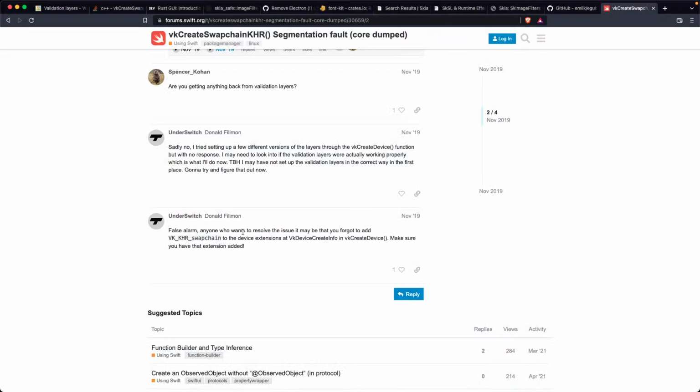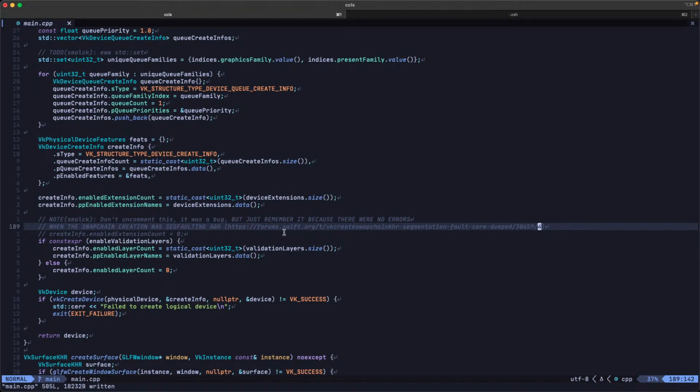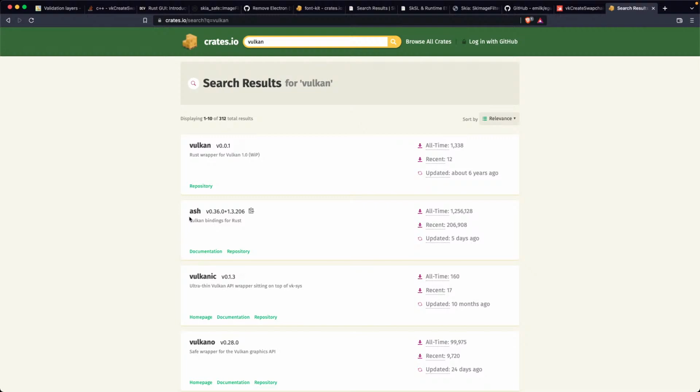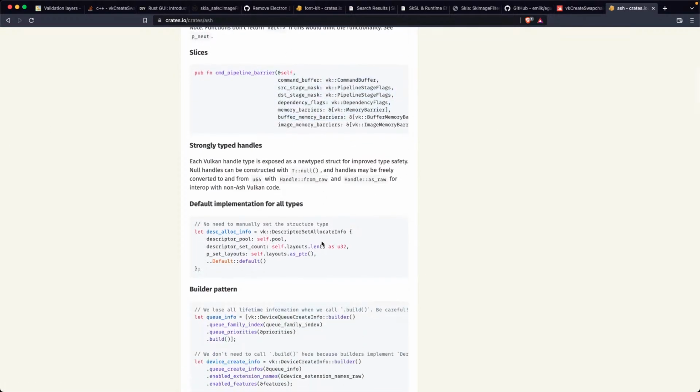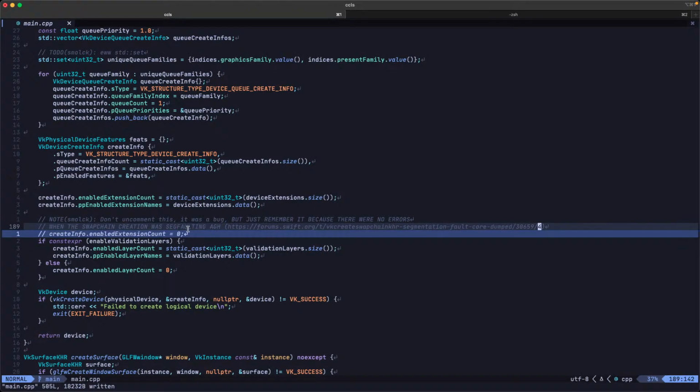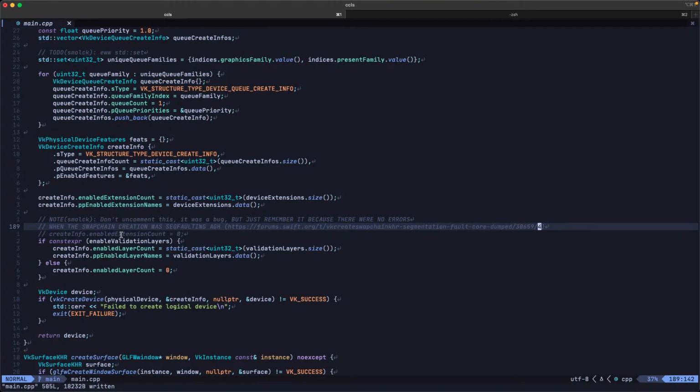So this is what I'm talking about with Vulkan. If something like this had happened in, heck, even in Ash, I think it's called Ash, the Vulkan bindings for Rust, right? If I had forgotten to enable the validation layer that actually allows you to create the swap chain, which is what I had done here accidentally, I'm sure that Rust would have